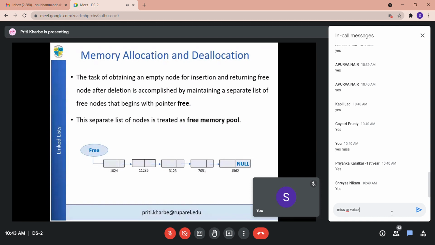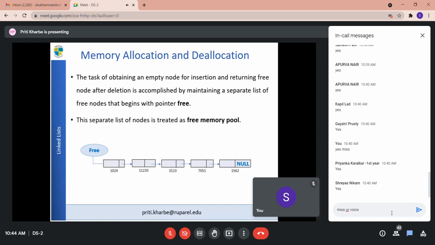Whenever you need a new node, you will come to this free storage list and say, yes, I require one free node. It will give you one free node, and then you paste whichever element you want. Suppose I want to insert element 25 into a linked list: you will borrow one empty node from this free storage list, copy element 25 into the info part, and then set the next pointer.